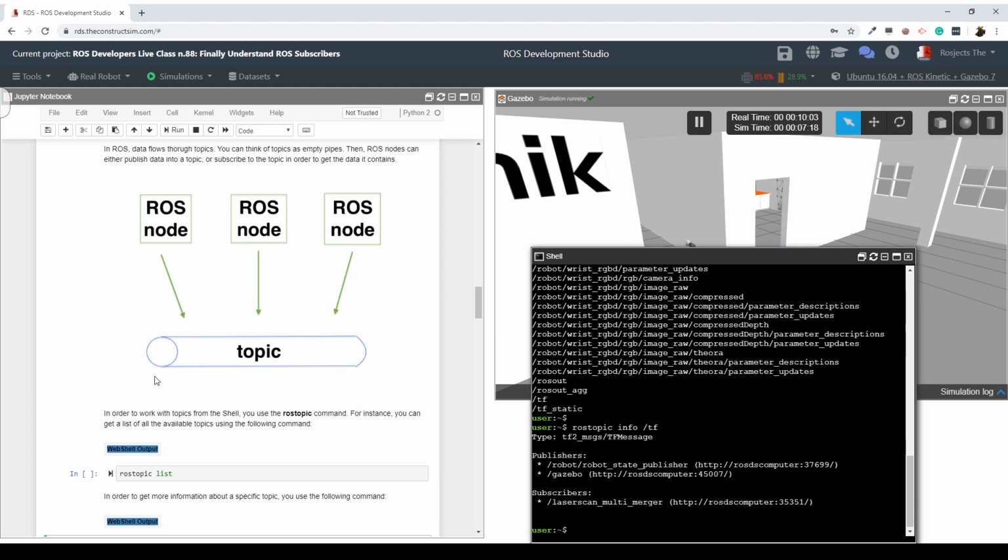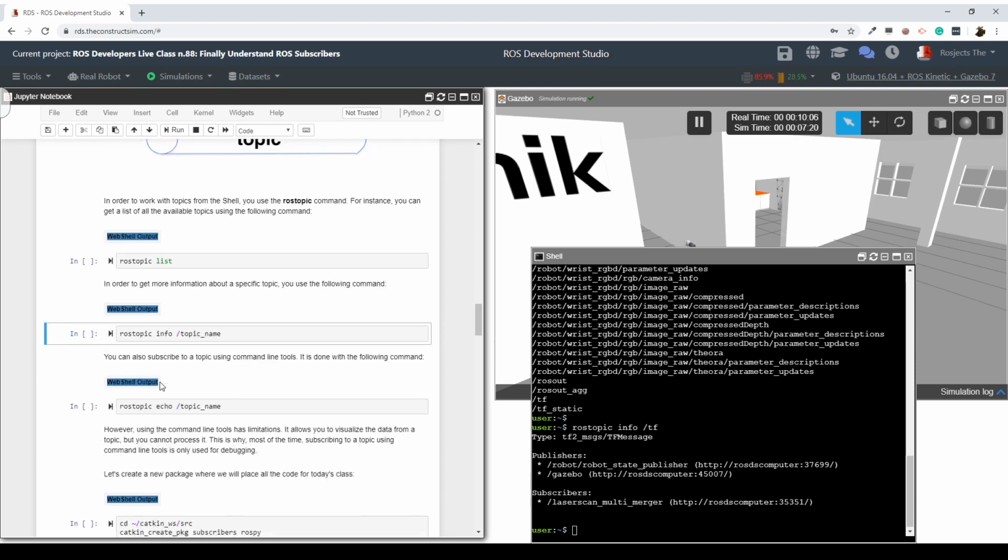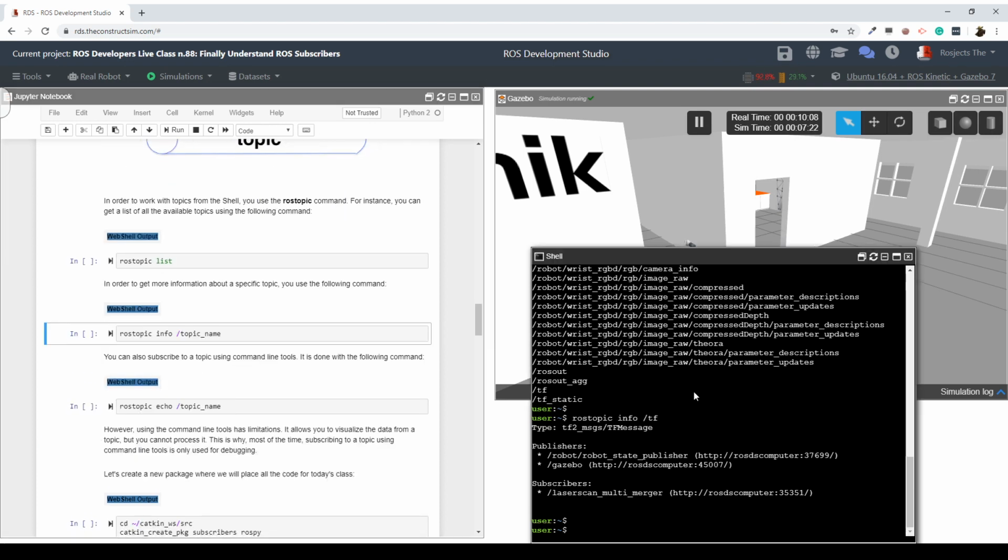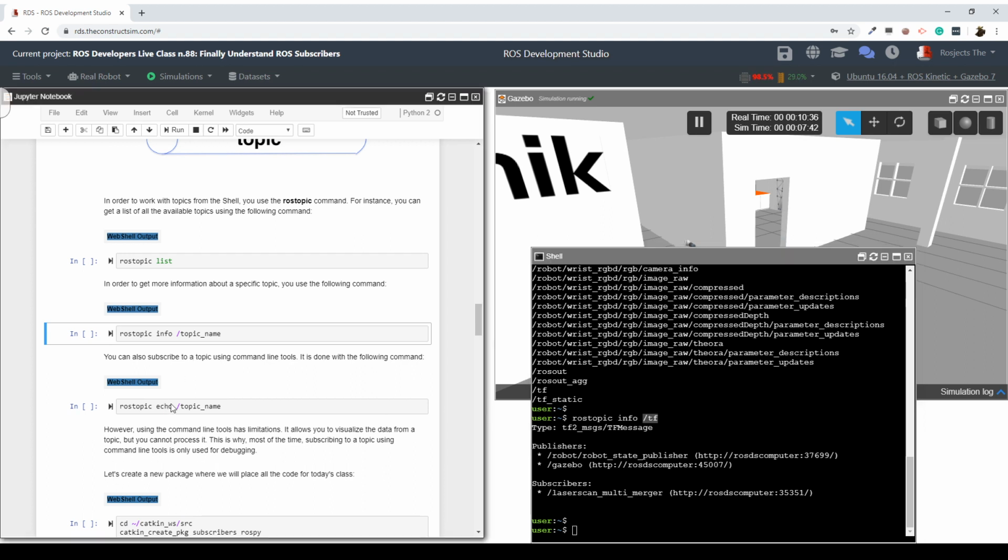Then, what else? With this we can get information about the topic, yeah? So some information like, as I've said, the type of data, which nodes are publishing into this topic, which nodes are subscribed to this topic, but you can't actually see the data, yeah? So you can see the type of data which is published, but you cannot see actually the data which is flowing inside this topic. For that, we need to use the rostopic echo command here,